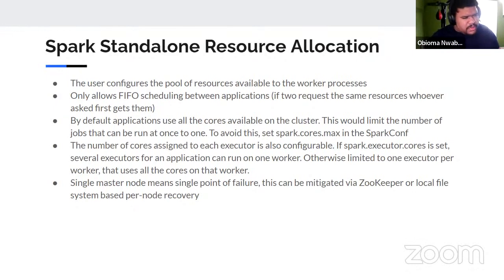And then local file system based recovery happens per node. Basically, each node keeps track of what's going on and saves that to the file system so that if the master goes down, when you bring it back up, all of those tasks can resume on their individual nodes once there's a master again. So this, obviously, if you want to use this, requires some extra coding, either to detect